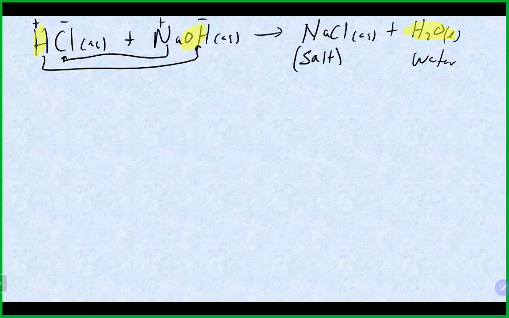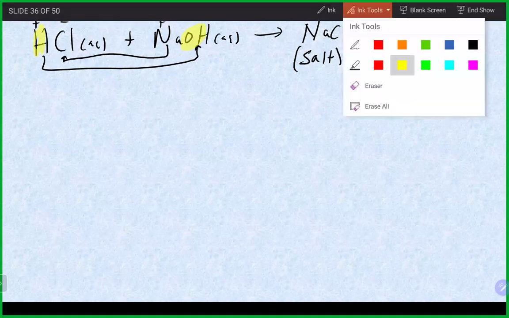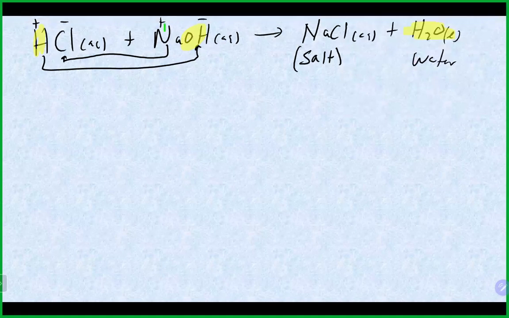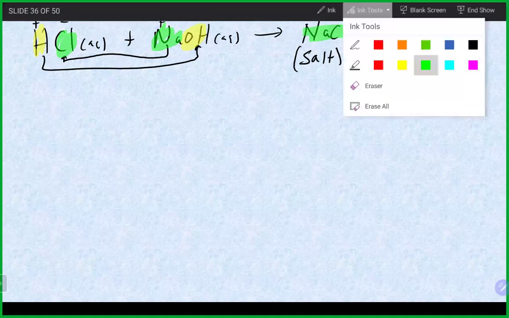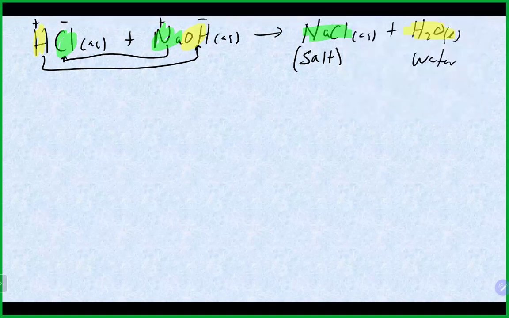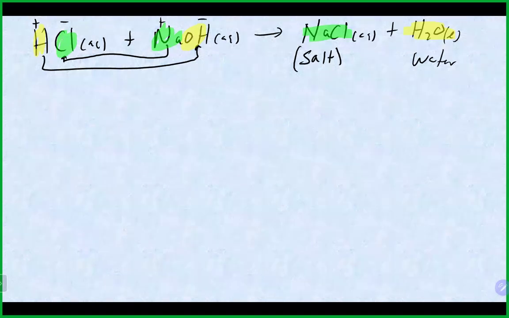And what's left over when you do that is pretty much where the salt part comes from, which is the sodium and the chloride going to come together here to make our sodium chloride. So this is a double displacement reaction. This is more specifically called an acid-base reaction. And we could also write, in addition to our molecular equation here,